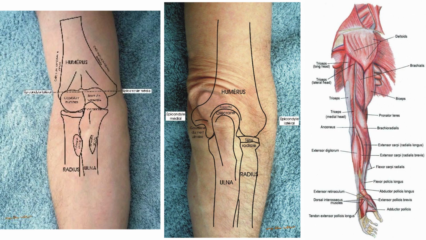Then there is the shaft. The proximal half of the shaft is cylindrical in shape, whereas the distal half is triangular. It goes from cylindrical to triangular. It also has three borders, known as the anterior, lateral, and medial borders. The surfaces we call anterior lateral, anterior medial, and posterior surfaces, as I mentioned before.